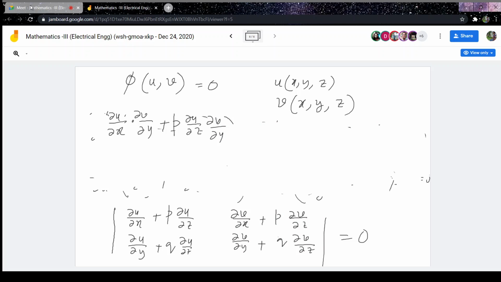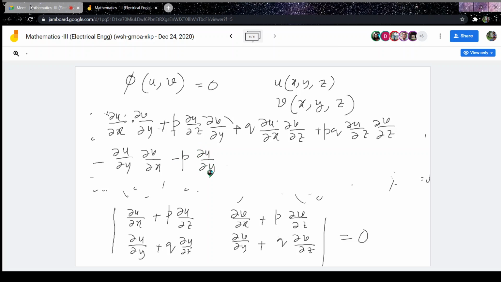P del U del Z, del V del Y, and then del U del X plus Q del U del X, del V del Z, and PQ del U del Z, del V del Z, minus del U del Y, del V del X, P, minus P del U del Y, del V del Z, minus Q del U del Z, del V del X, minus PQ del U del Z, del V del Z